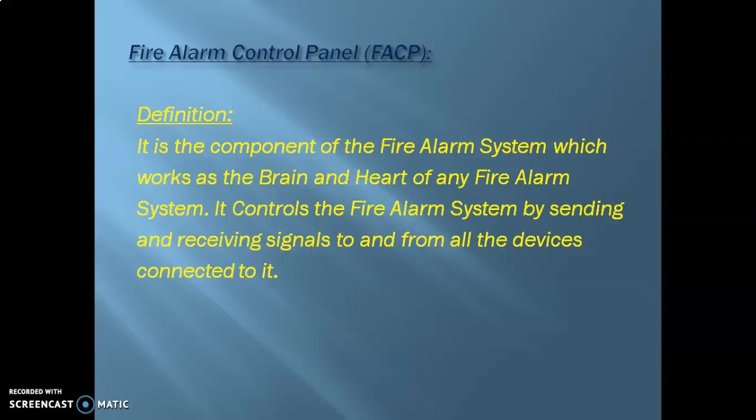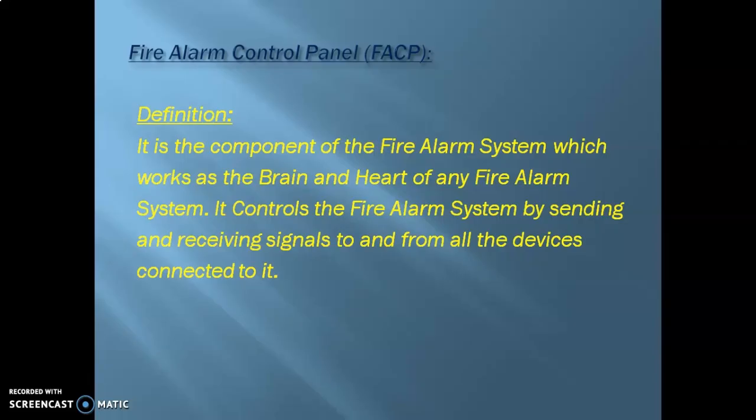For example, if there is a fire condition that has been initiated through a manual pull station, or has been detected by a smoke detector or heat detector, then the signal is first sent to the fire alarm control panel, which then takes the appropriate response by activating either the notification devices or the suppression systems, and also by sending signals to all the interconnected systems.